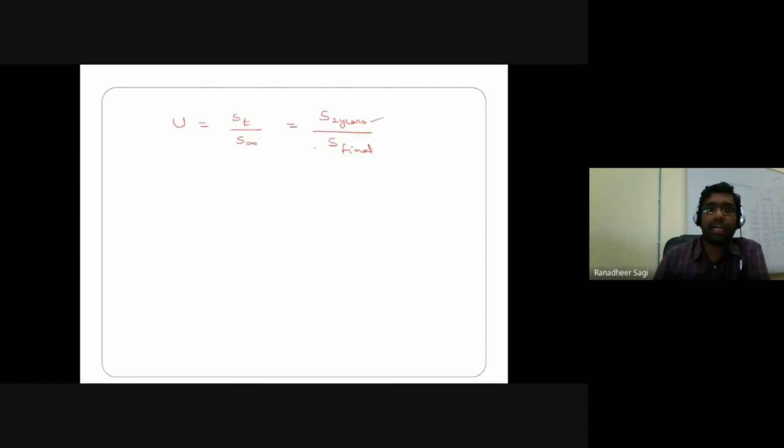So for finding out your degree of consolidation, we have a relation between degree of consolidation and time factor. If I know time factor, I can get degree of consolidation. If I can get degree of consolidation, then I can say what is your final settlement in the soil. But how to find out the time factor? We know time factor is nothing but Cv into t by HDR square. Cv data is already given.